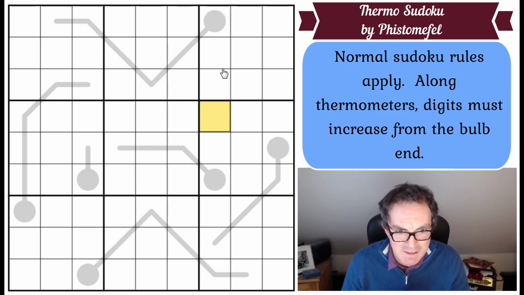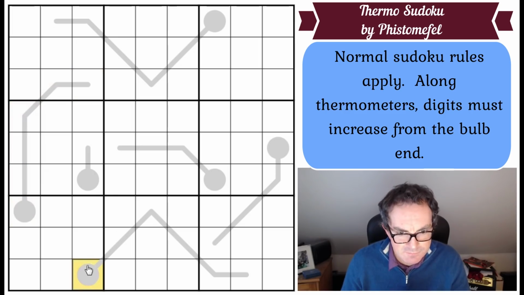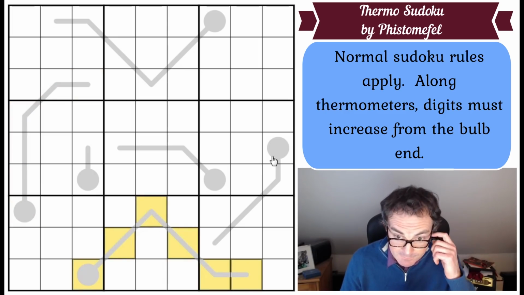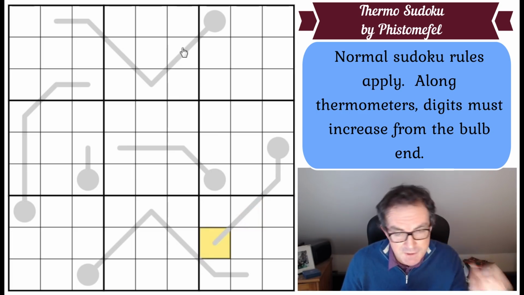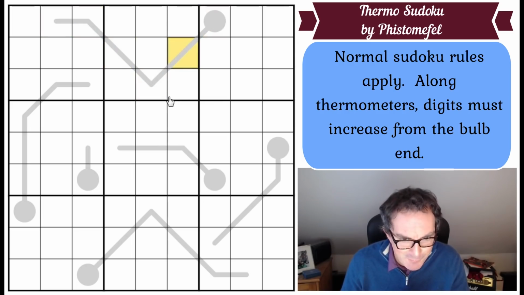Let's get cracking. Now, I know Mark will be desperate for me to immediately... How long are these? 1, 2, 3, 4, 5, 6. That doesn't look like it's 6 long. 2, 3, 4, 5, 6. 4 there. Right. So Mark will be desperate for me to immediately label this 1, 2, 3, 4, this 2, 3, 4, 5, and I may have to do that, especially with Phistomefel, but I am just going to spend a moment staring. If you don't mind,